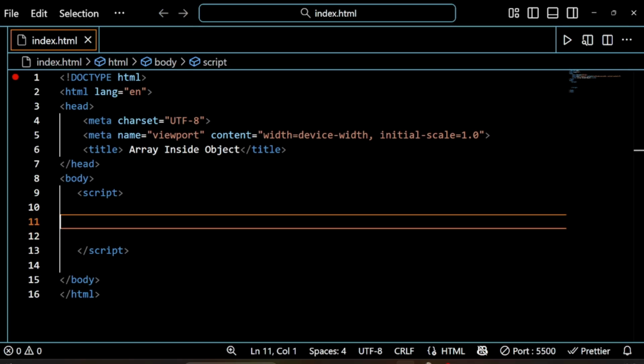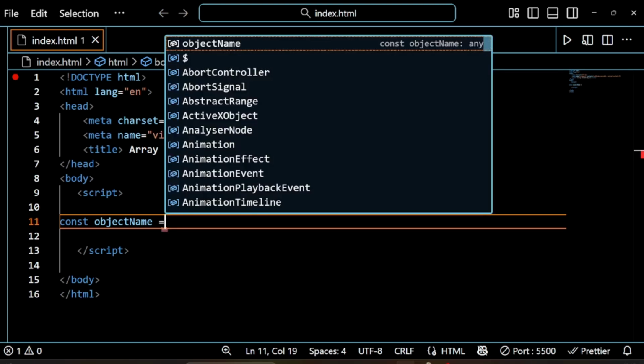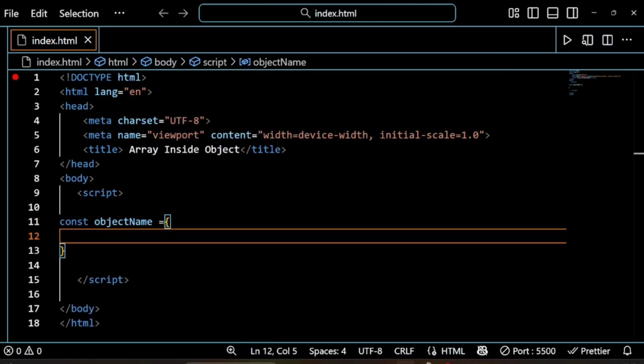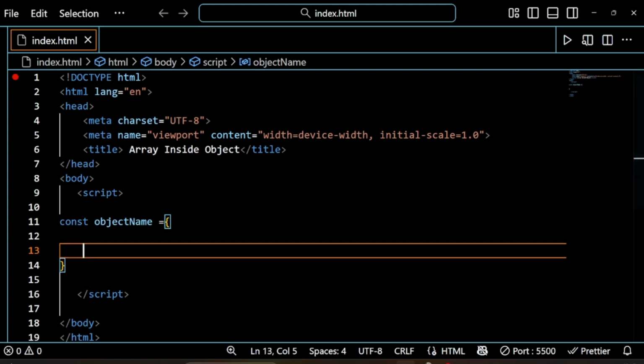Let's create one example to understand it better. So I'll write const object name equals to. Here I'll create one object in the name of object name, and inside this object I'll create one array. I'll write key name, which will be the name of our array.